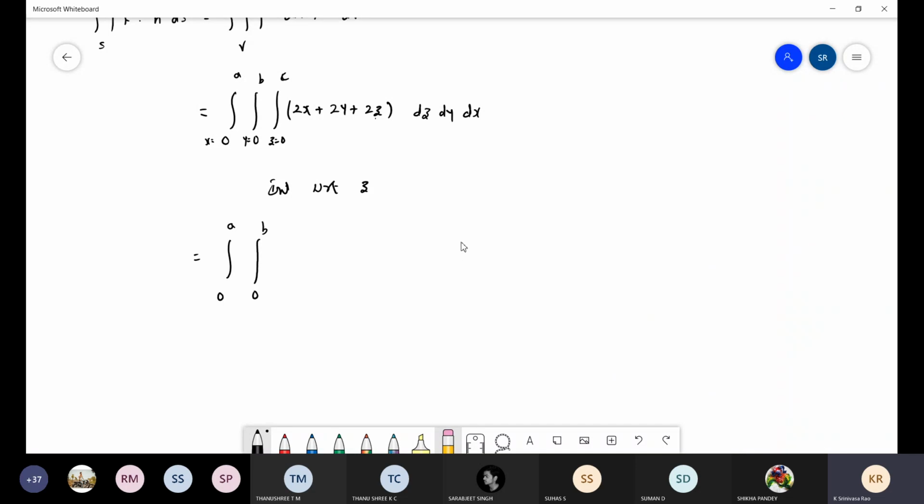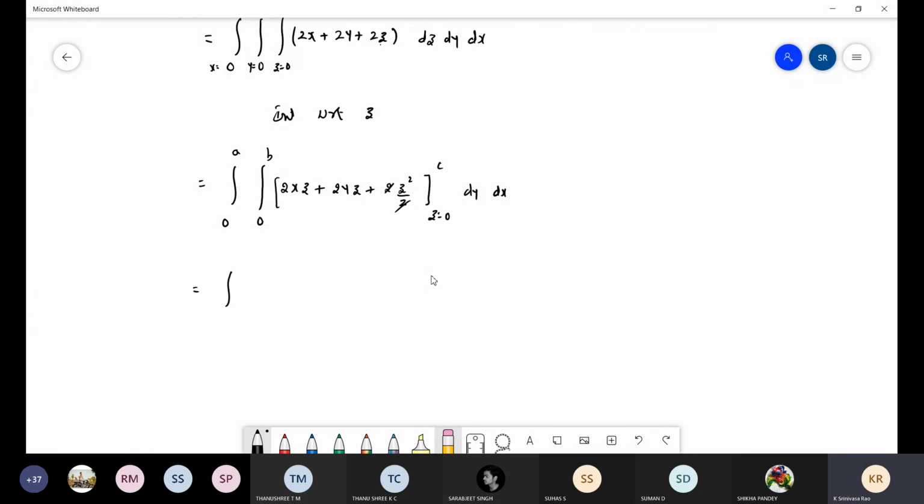So you will get 2xz plus 2yz plus 2 z square by 2. So this 2 and 2 get cancelled. So instead of taking it outside, if you keep it, there is no denominator term. So z equals 0 to c. Otherwise you can take it, no problem. You will get a unique answer only. dy dx I will write as it is. Yes, substitute the limit now.